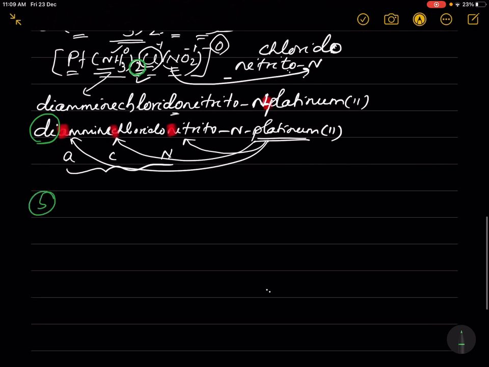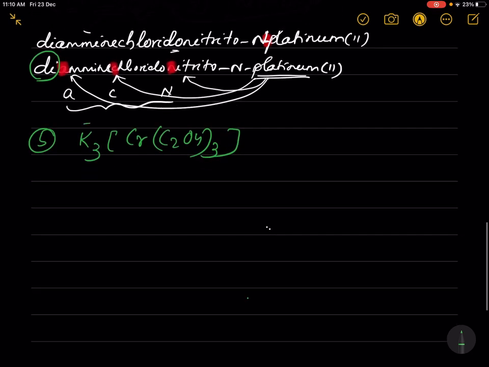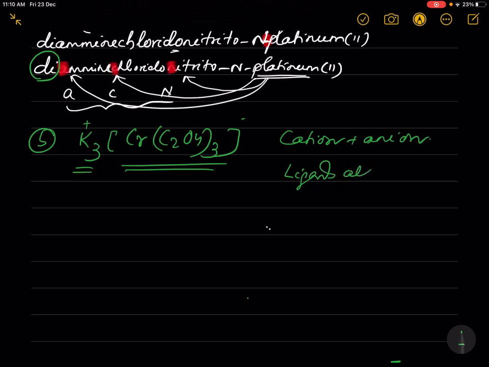Number 5, K3[Cr(C2O4)3]. This is the cation, this is the anion. So cation is written first, then the anion. First you should write cation, then the anion. In the complex part, you should write ligands alphabetically, then this central metal atom, then oxidation number in bracket as upper Roman numeral. So here we should write